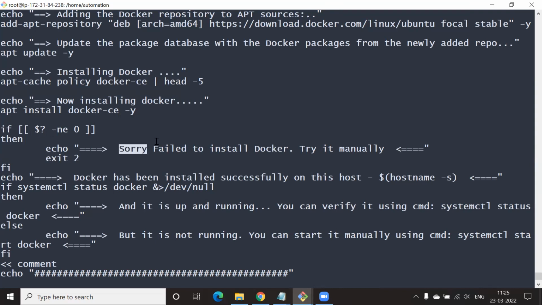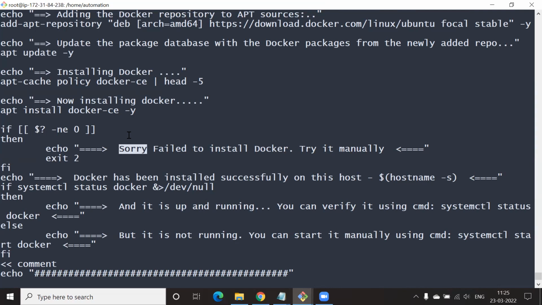Good answer. In other words, imagine a scenario where you're installing multiple packages, multiple softwares, multiple components on multiple machines. What we can do is use dollar question mark before installing package 1 and package 2. Maybe we have some dependencies. So what do we do?